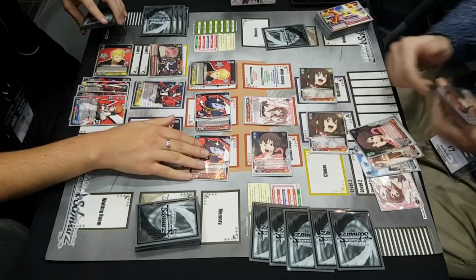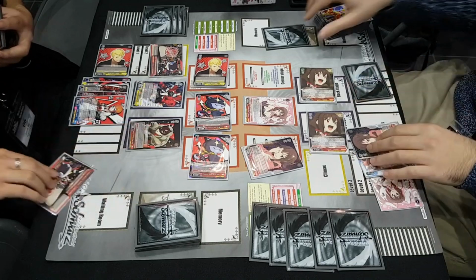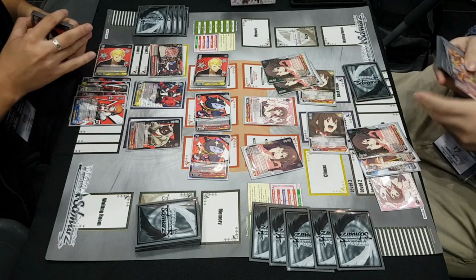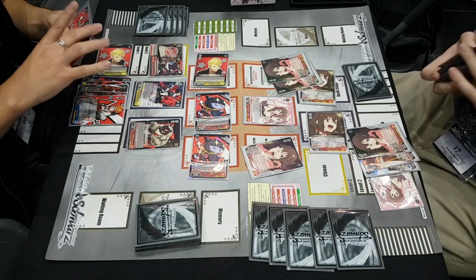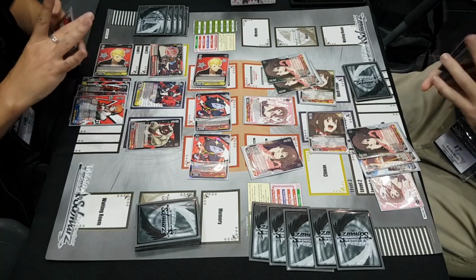Ooh, that's an unfortunate climax reveal right after refresh, but unfortunately it's always like that. Oh, 2? So he's already out at least 3 climaxes. I don't see any in his hand, so he only has 5 in deck at most right now, which is pretty tough. And it looks like Konosuba is kind of set in a pretty strong position right now to be